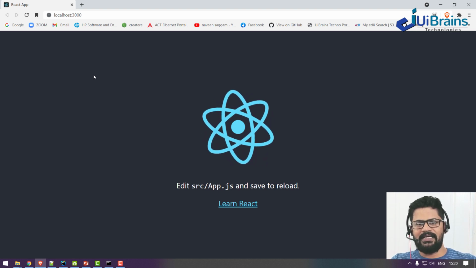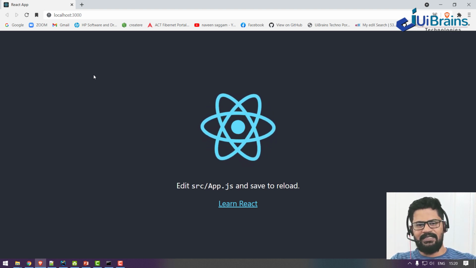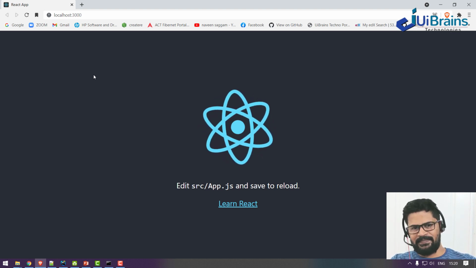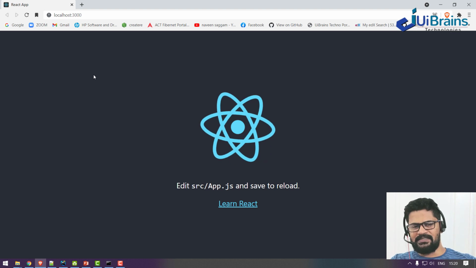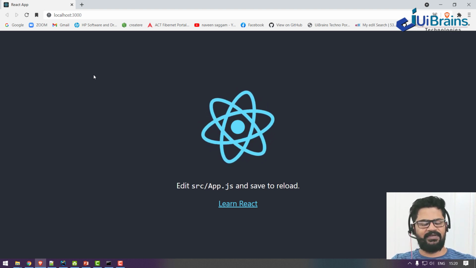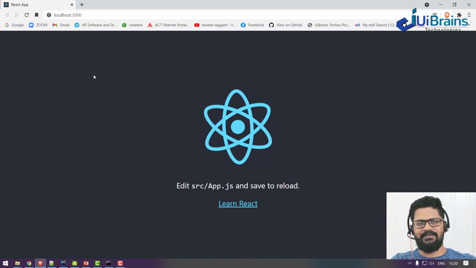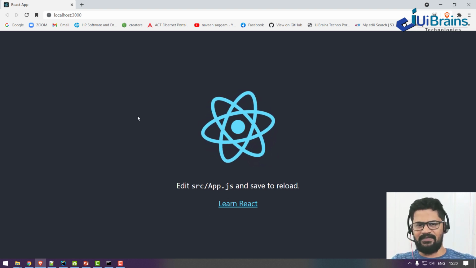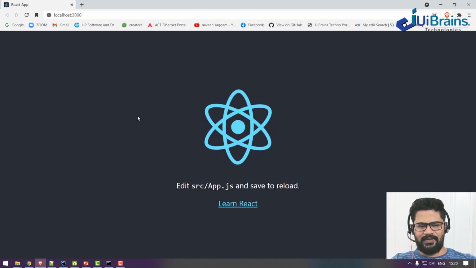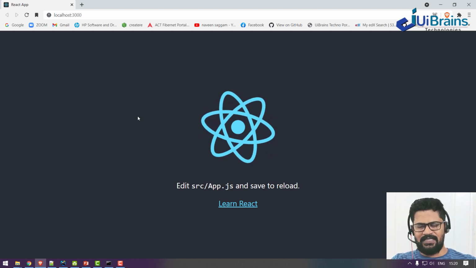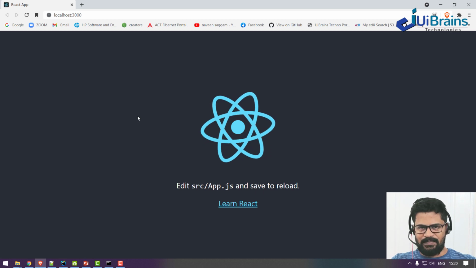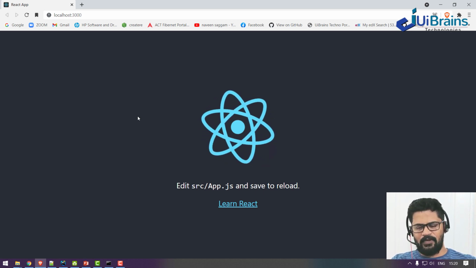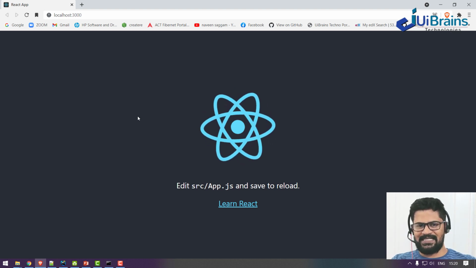So from here, as a developer, we have to start. We don't need to develop everything by ourselves. They have given a skeleton. The required folders, the JavaScript libraries, everything they have given, up to this level. If you wish, you can remove the background color and all these things, then you can start developing from scratch. So now we have successfully created the React.js project and we have started the application as well, and we can see the look and feel of how the React.js project is created.